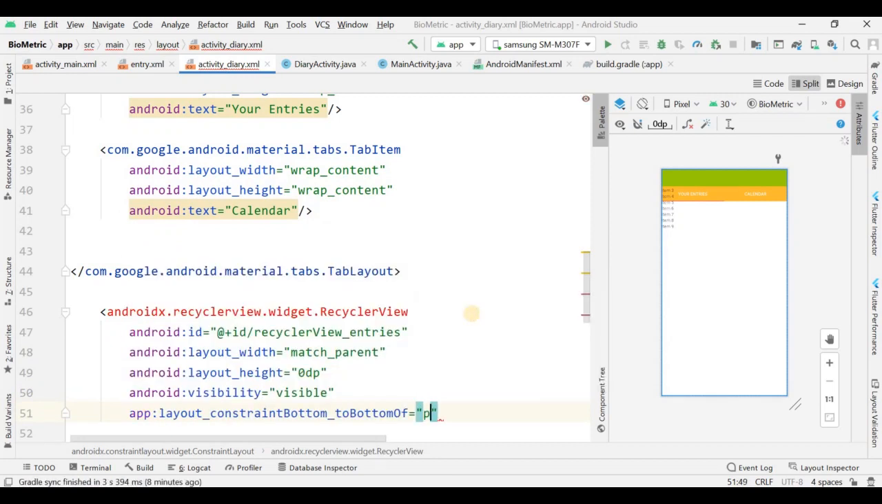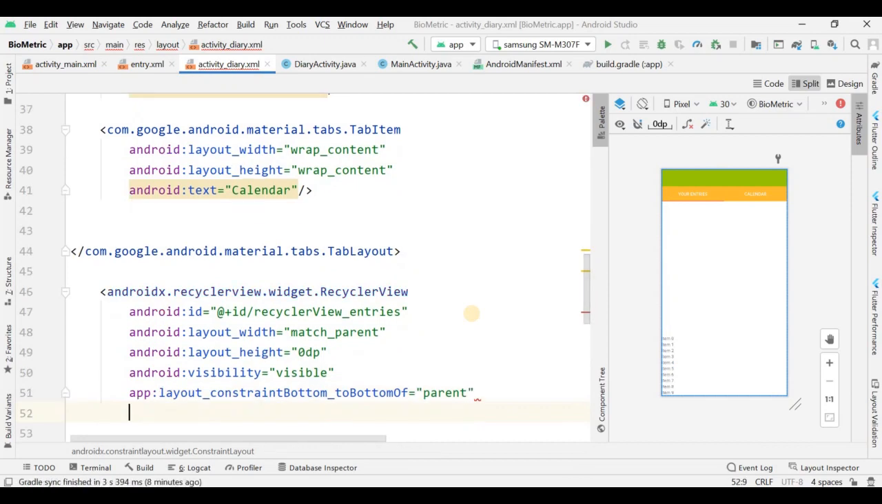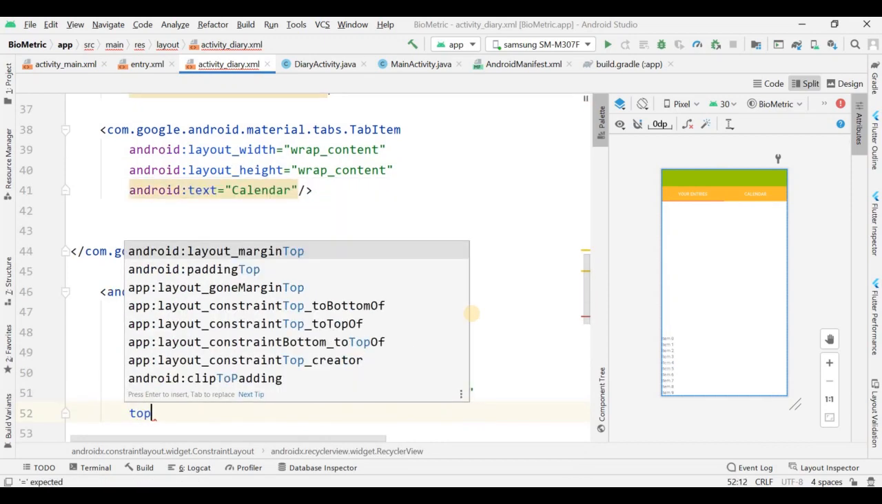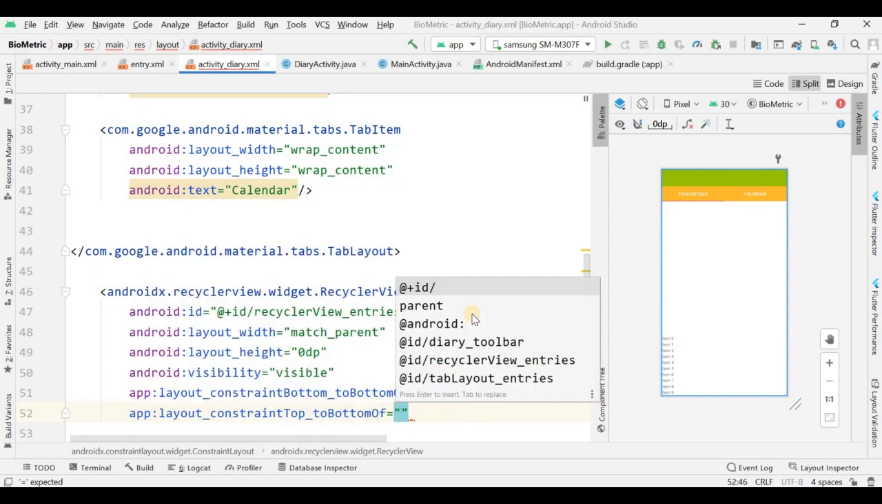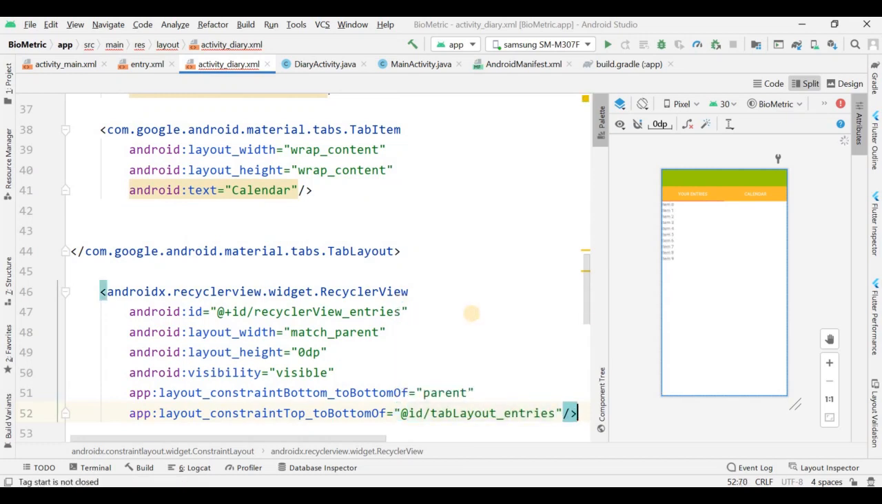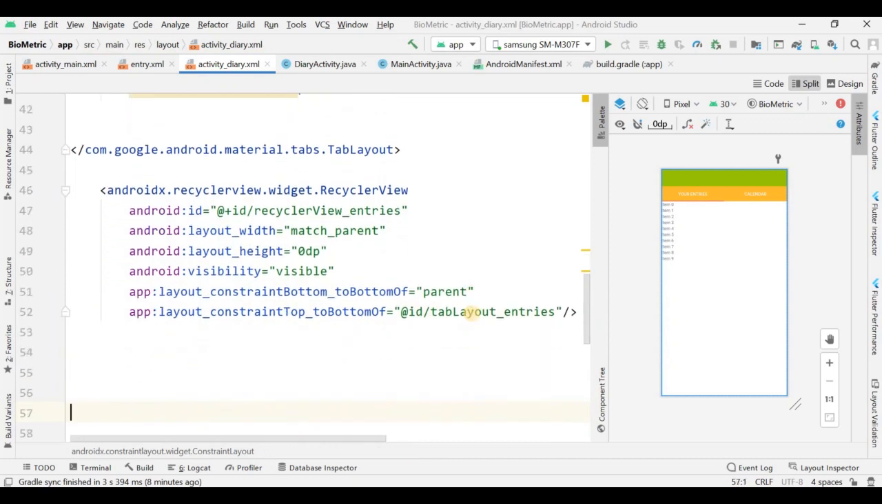Okay, now let me give the properties to it, like bottom to bottom of parent, and then top to bottom of here also, to give it as tab layout entries. Okay, so the recycler view is completed now,